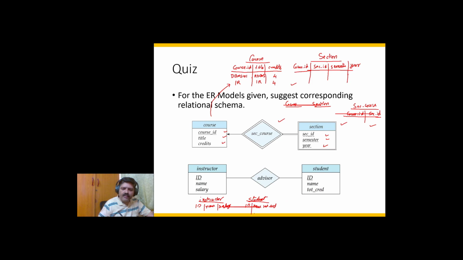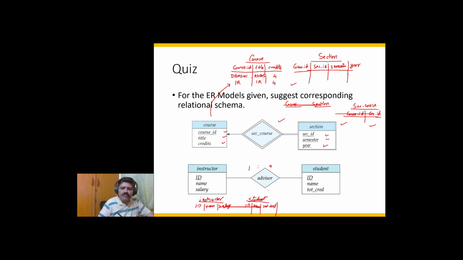So here I'm assuming that the relationship is one to star, in which case one instructor could have multiple students assigned to him,